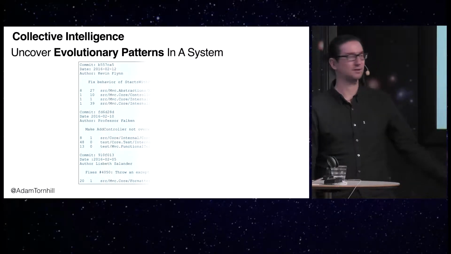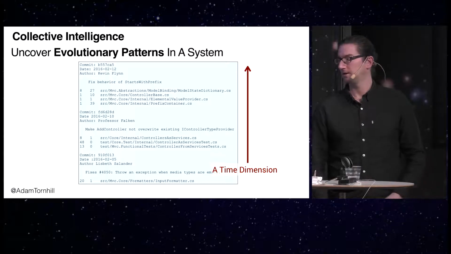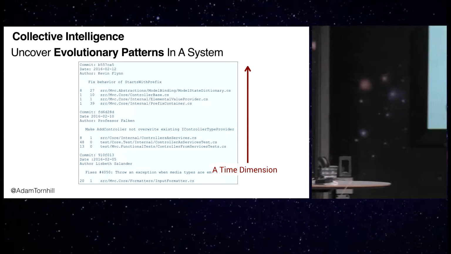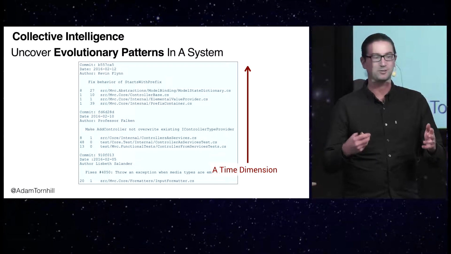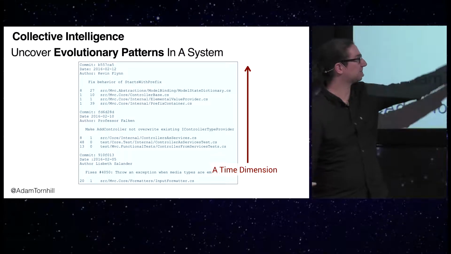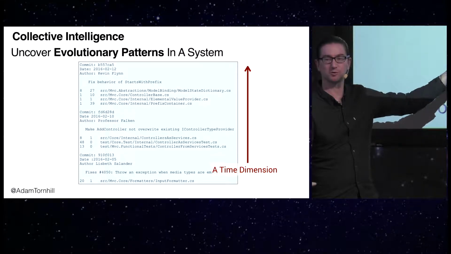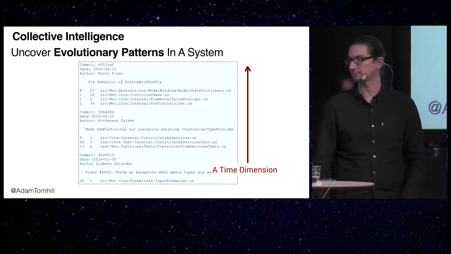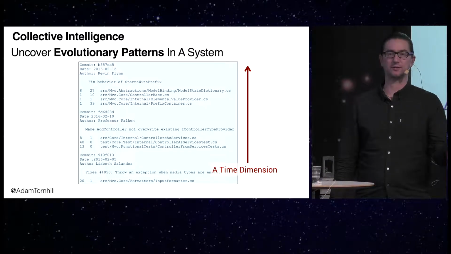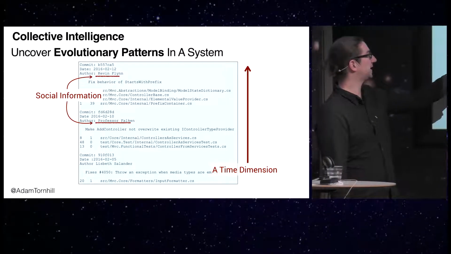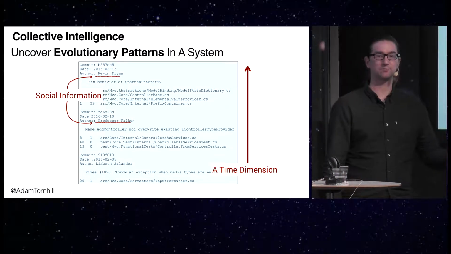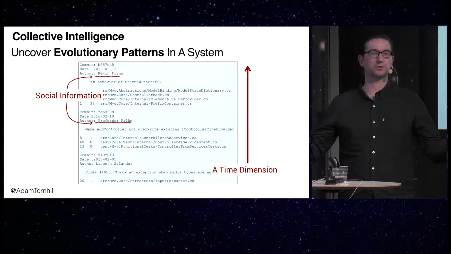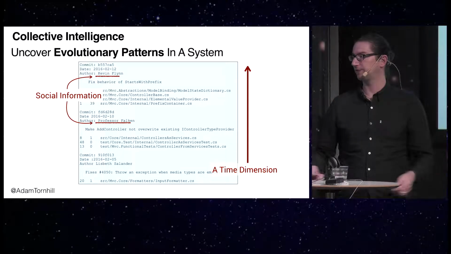I'm talking about this, our version control data. I'm a big fan of version control data. And yeah, I guess we all have our odd hobbies, right? But the reason I like version control data is because, first of all, it gives me a time dimension. So we know exactly when each piece of code was modified, and we can use that to calculate a lot of interesting statistics that we're going to have a look at soon. Second, version control data is actually social data, because our version control data knows exactly which developer changed which piece of code and when they did it.